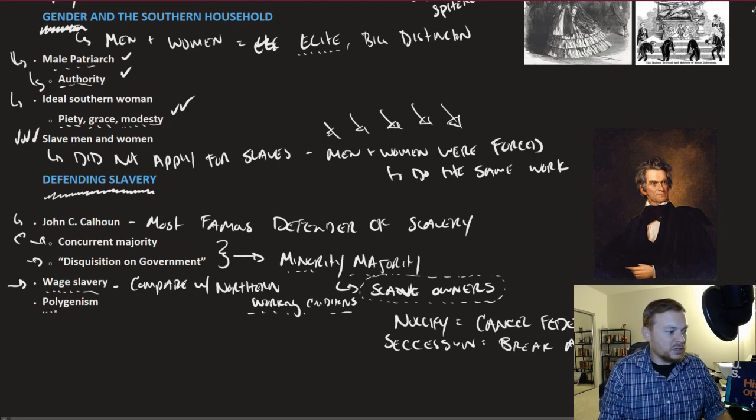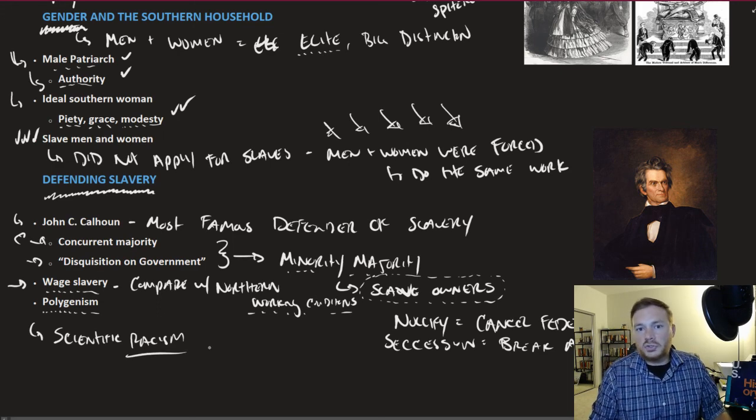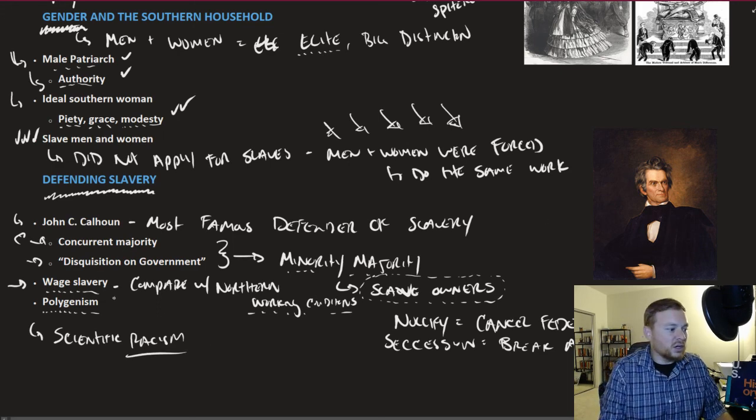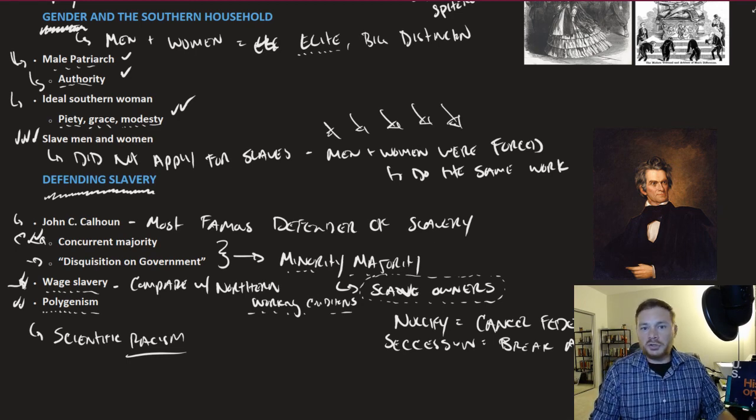You also had ideas around polygenism. Polygenism, we might just break this down as scientific racism, talking about the inferiority and superiority of certain races. All of these cases were made to defend and argue slavery. However, at the end of the day, like I mentioned before, slavery was not an institution that someone could be argued into. Slavery was only an institution in which someone was forced through violence.